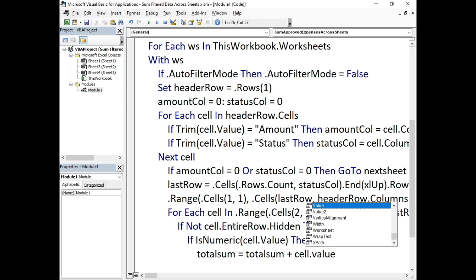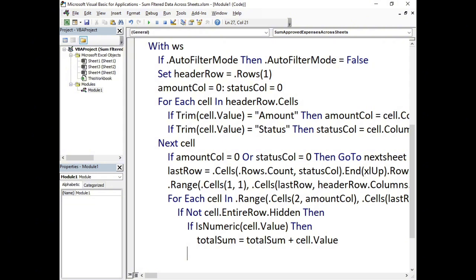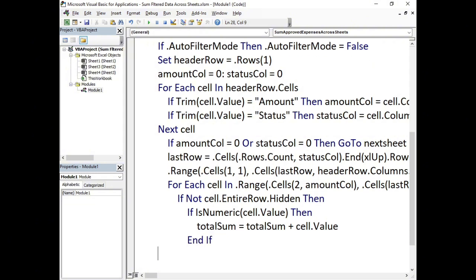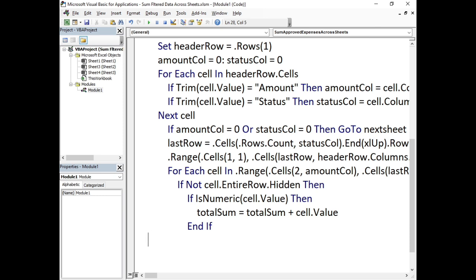Okay, then I'm gonna end this If. Enter. Another If that we're gonna end, and If, right? Then next cell for this, for each cell. Okay, we're gonna run this loop. Next cell,